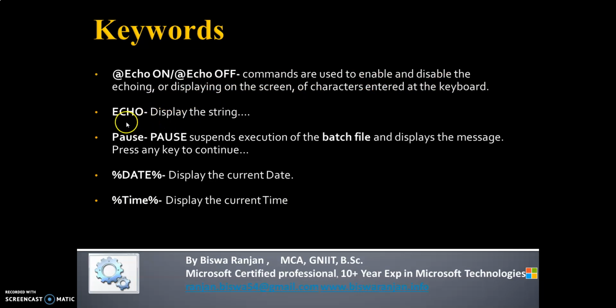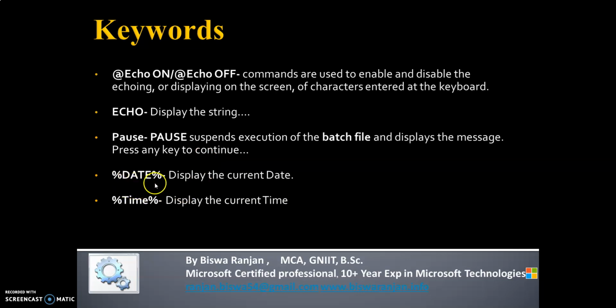Then echo displays the string on the screen. Pause suspends execution of the batch file and displays the message 'Press any key to continue', waiting for user input.